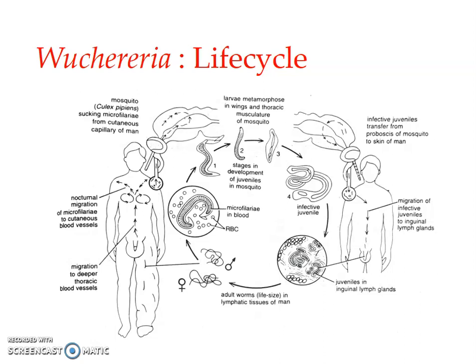And during the night time, these Culex and the Aedes mosquitoes are active, so they suck the blood, and along with that, these juveniles also get into the intermediate host. Okay, so these microfilariae move towards the peripheral blood vessels during night time and get sucked up by the nocturnal mosquitoes, that is the Culex and Aedes, which serve as the intermediate host. Fine. The microfilariae in the human blood eventually die unless they are sucked up by the mosquitoes from the infected humans, or otherwise they die off.